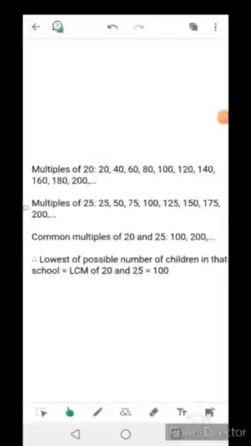Common multiples of 20 and 25 are, here you can see that 100 is common in both cases and 200 is also common, but the lowest is 100. So we can say that the lowest common multiple of 20 and 25 is 100. Okay,